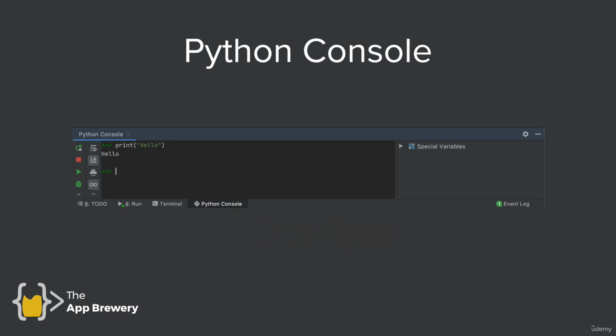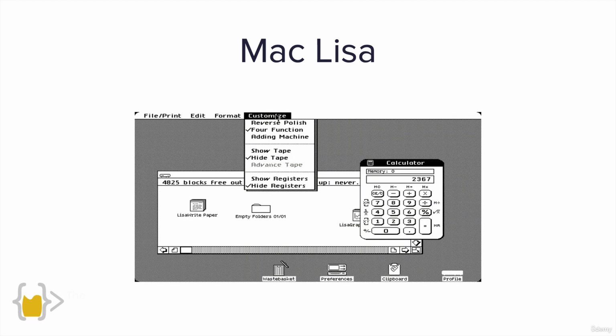But GUIs were different. GUIs are graphical, and accompanied with a mouse, they allowed a user with very little training in computers to be able to just point and click on the thing that they want to do on the screen. And one of the earliest computers that incorporated this type of GUI operating system was the Mac Lisa. It had these little windows which you can click on, and it launches programs which you can interact with by